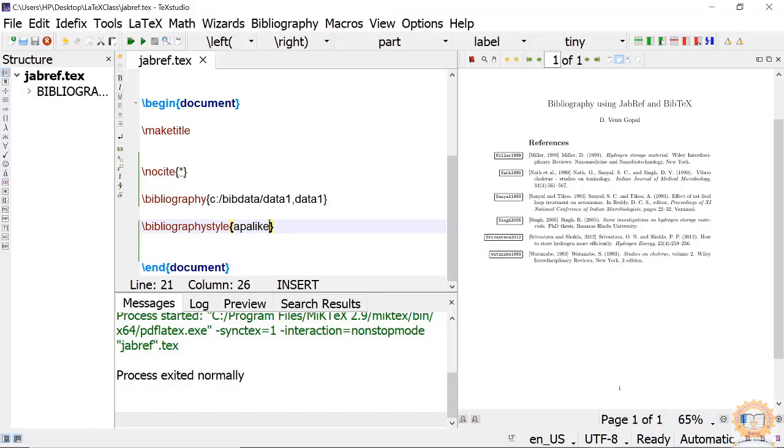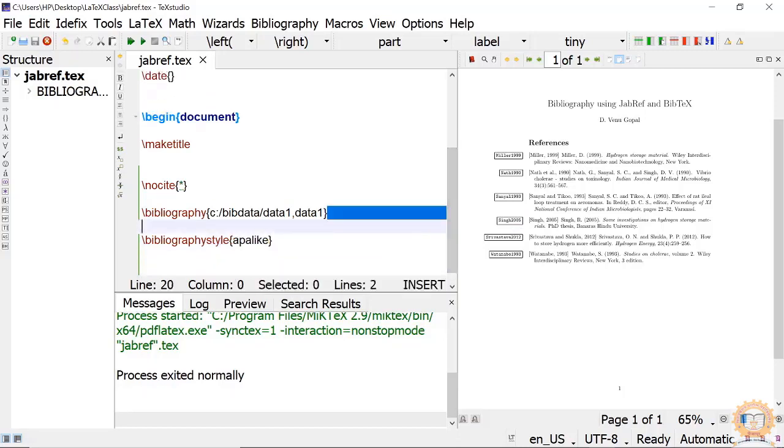Suppose this data also I have in some other directory, I have to put the entire path like this. Okay, because there are two data 1, don't confuse this one and this one. That data 1 data came here, and by just changing the bibliography style, we can change the style here also.